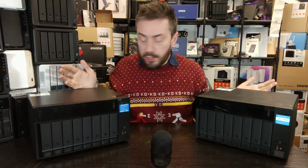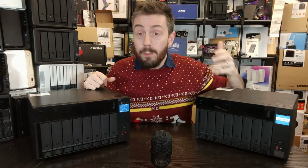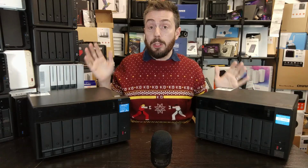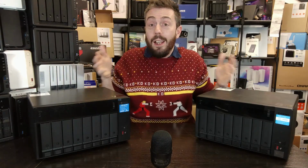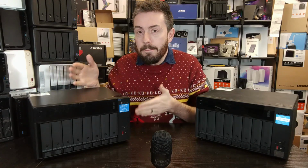Now, they both support expansion devices. They both support the 2, the 4, the 8, the 12 and the 16 bay expansion devices from QNAP. You can attach up to 2 of each of those to the available USB ports. So again, lovely stuff. So is there really any advantage for going for the more expensive modern box in terms